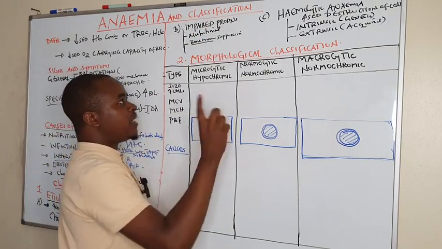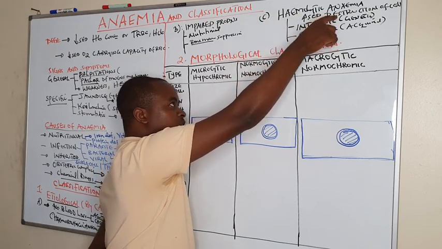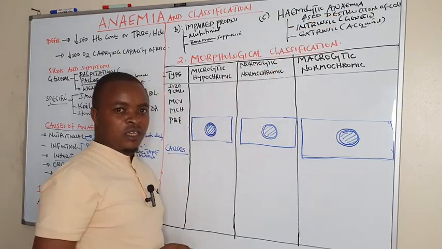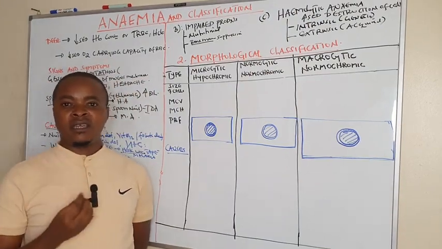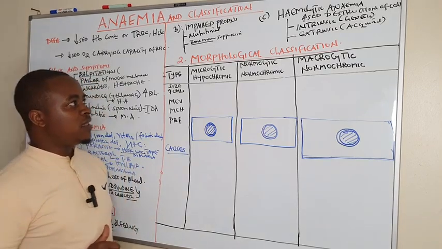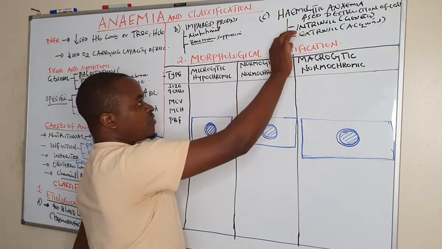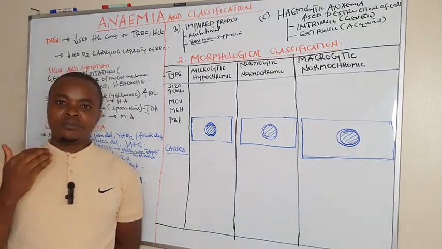Then the third is hemolytic, due to increased destruction of cells. Here the red cells are hemolyzed before they reach 120 days, more than the body can compensate. We have seen they will be categorized under intrinsic and extrinsic, as we shall explain in the coming